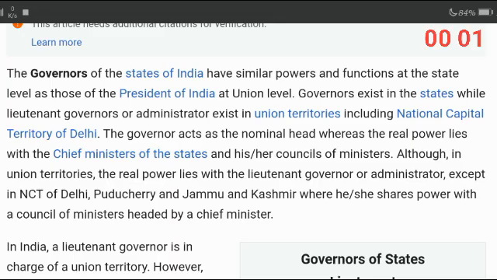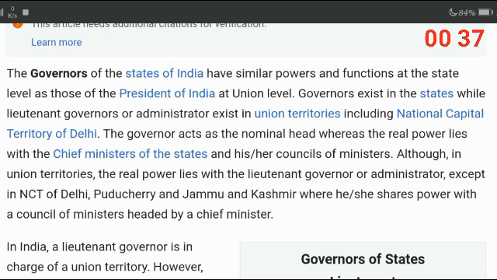The governors of the states of India have similar powers and functions at the state level as those of the President of India at union level. Governors exist in the states while lieutenant governors or administrators exist in union territories including National Capital Territory of Delhi. The governor acts as the nominal head, whereas the real power lies with the chief ministers of the states and